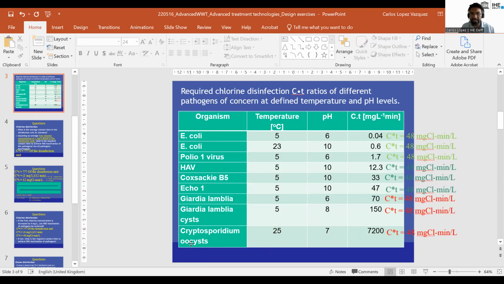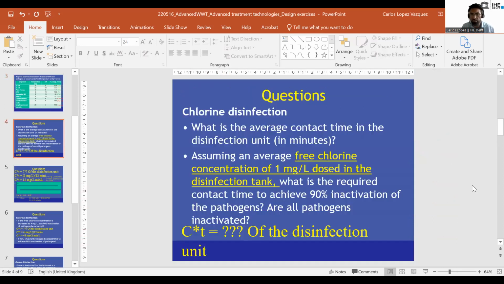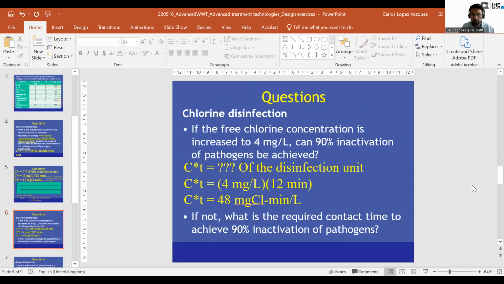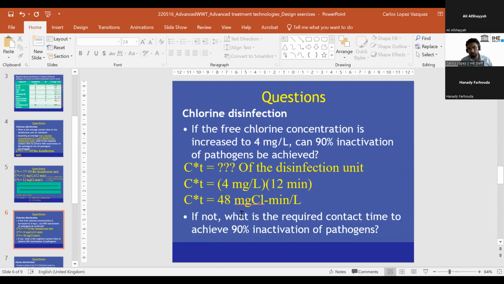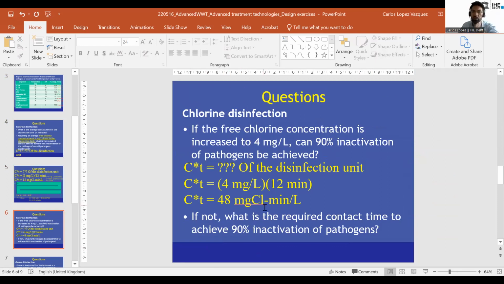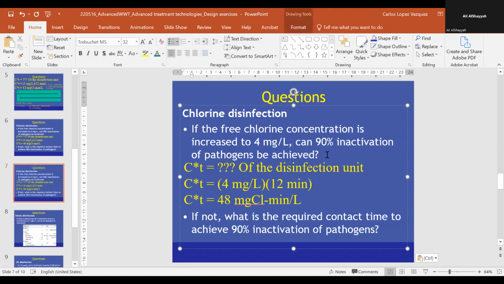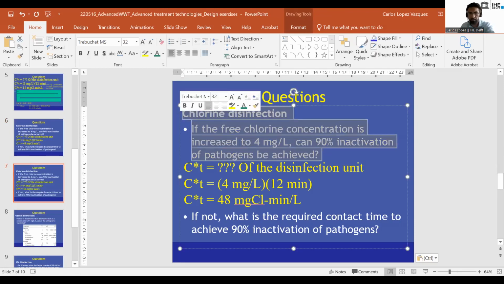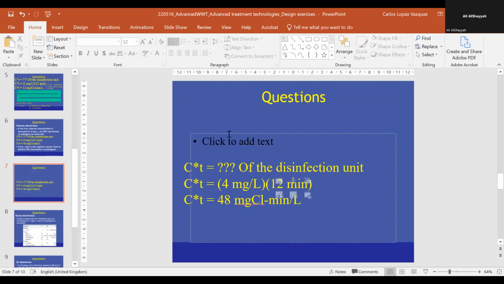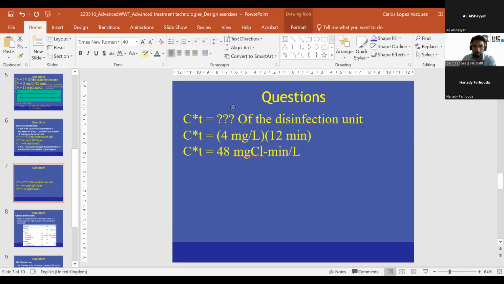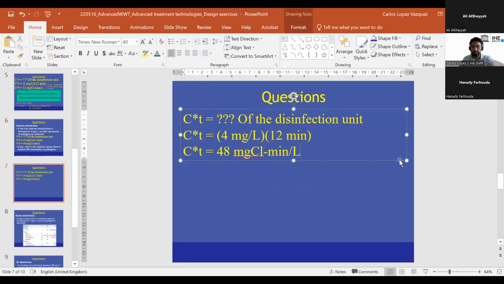So what do I need to inactivate, for example, Cryptosporidium? Because that is a question. So if they cannot be removed, what is the contact time that I need to achieve 90% inactivation of pathogens? What do I do? I think we need 150 minutes. We divide. So yeah, you are right. So if for I can take the most difficult